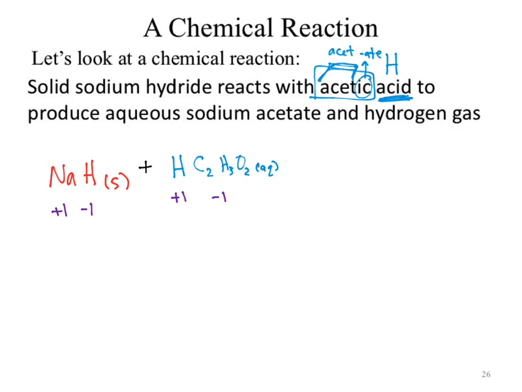To produce. Kind of sounded like a dick. I apologize. Sort of. I mean it in the nicest of ways. To produce means? Arrow. Equals isn't a bad idea. If this was a math equation, that'd be fantastic. In chemistry, we use an arrow. Aqueous sodium acetate. Batman. Somebody got it. At least one. That's all that matters. Acetate.